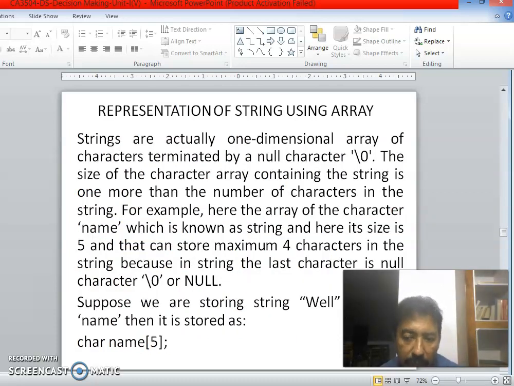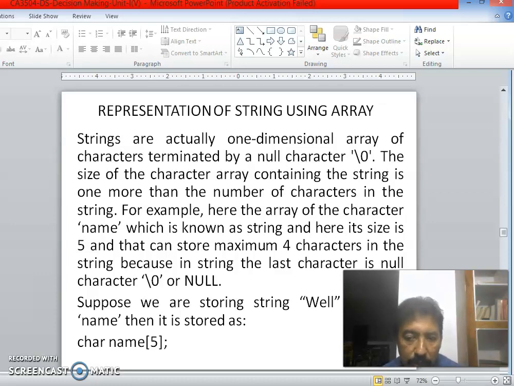Representing strings using an array. Strings are actually one-dimensional arrays of characters terminated by a null character. The size of the character array containing a string is one more than the number of characters in the string. For example, here the character array name, which is known as a string, has size 5, and it can store a maximum of 4 characters because the last one is the null character.